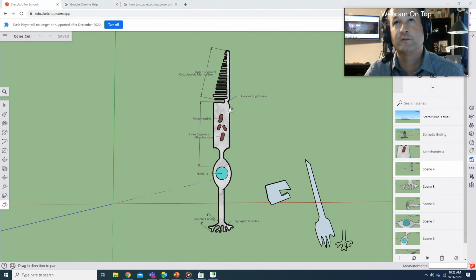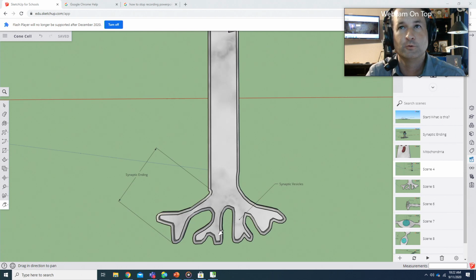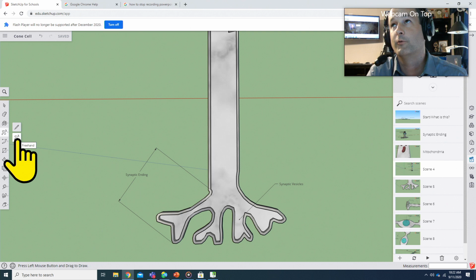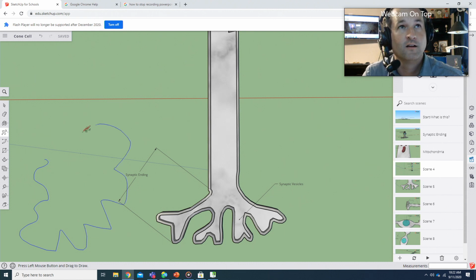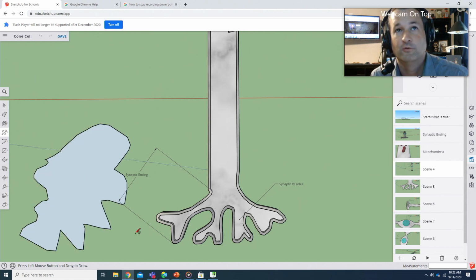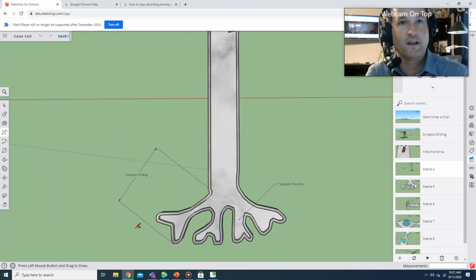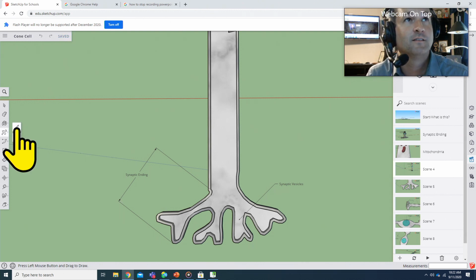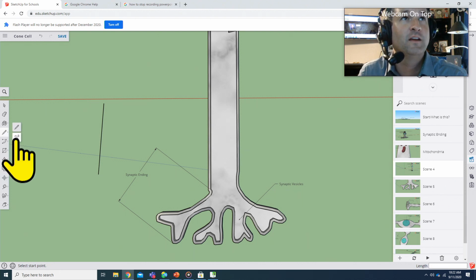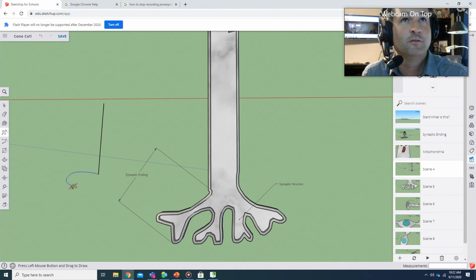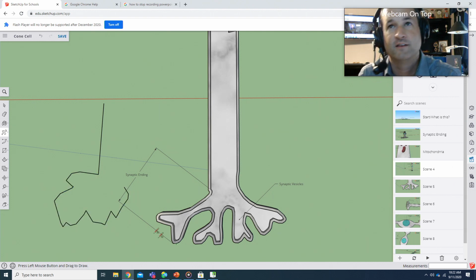What I did first was I outlined the cell. And a few of the tools I used to outline it were the freehand tool. The way the freehand tool works is actually pretty cool, because you can take the tool and you can just squiggle and draw, and you can make your own shape. Well, what I did here was I took some straight lines, and then I added some freehand shapes to them to get the base of the cell here, to get these